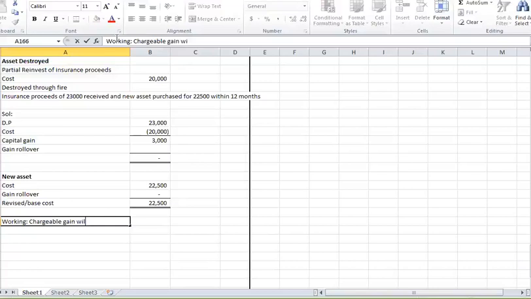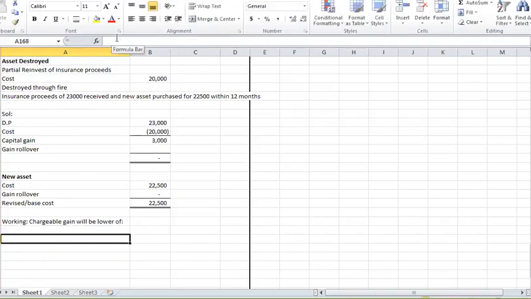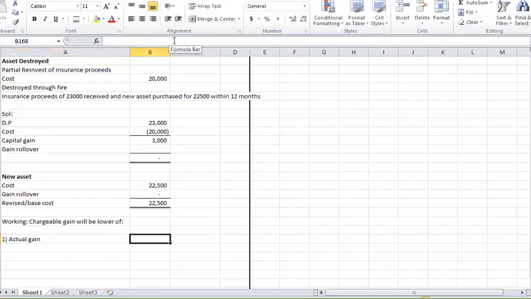Chargeable gain will be the lower of: number one, your actual gain. What is your actual gain? We have calculated above. This is your actual gain, your total gain. Number two,